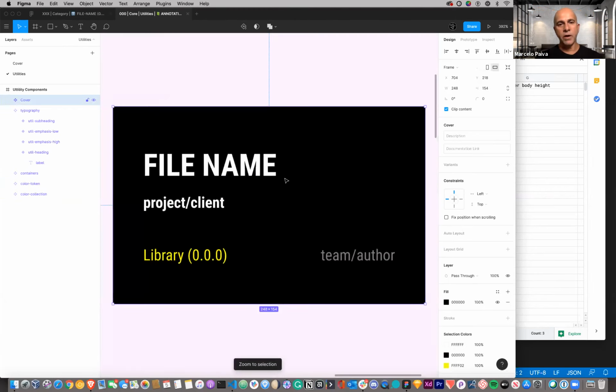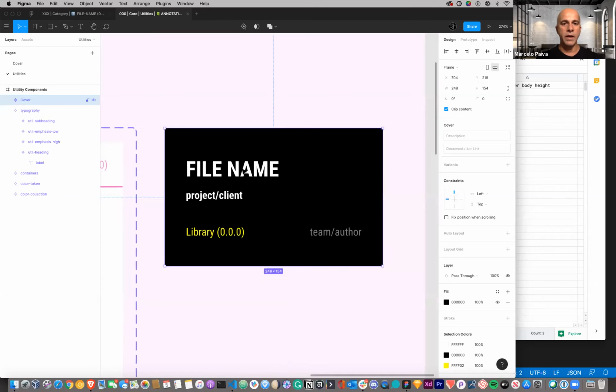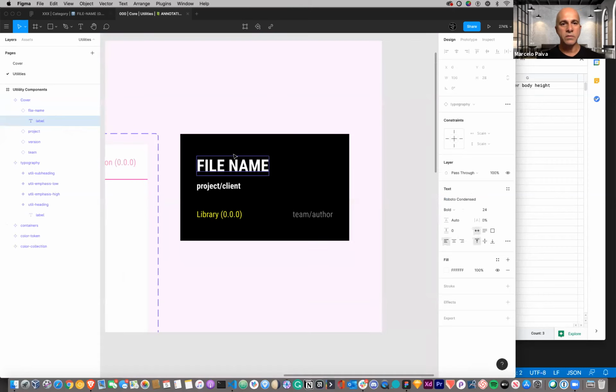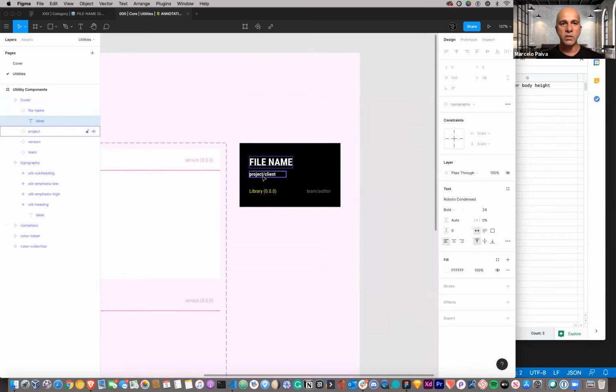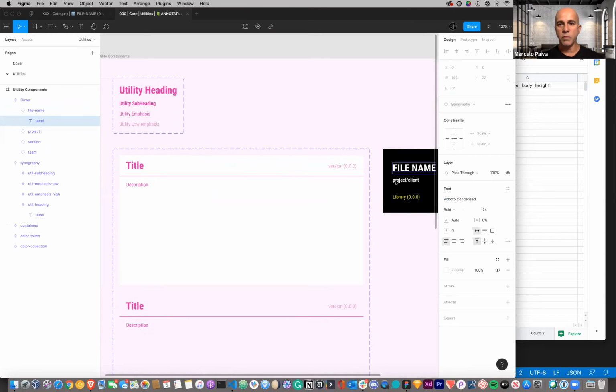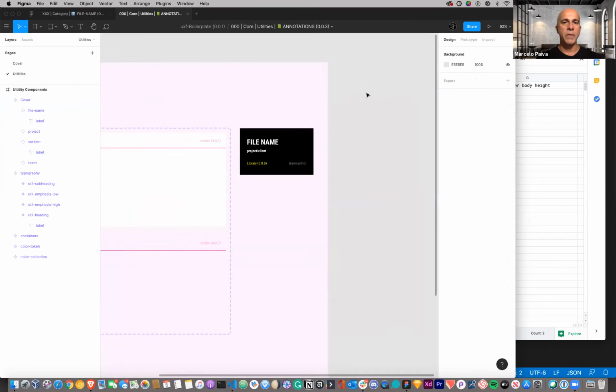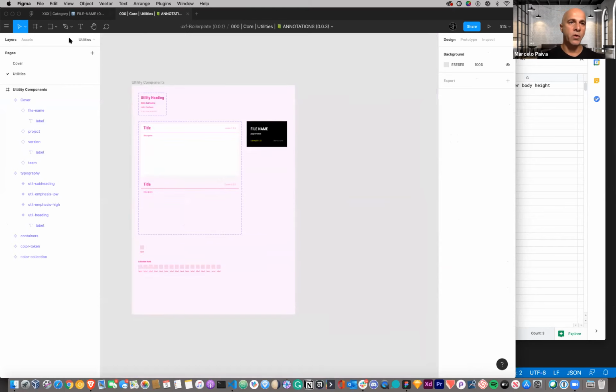On my cover file here, my cover component, I have pretty much the same component here, which is the heading. And here I use the subheading for the project file. And all I did was to override the color. Okay. So now how am I using this? If you go on this file,